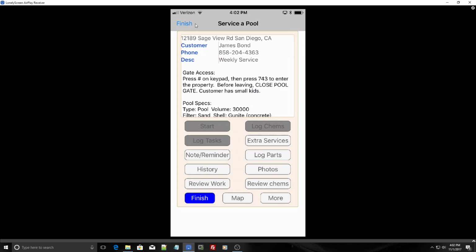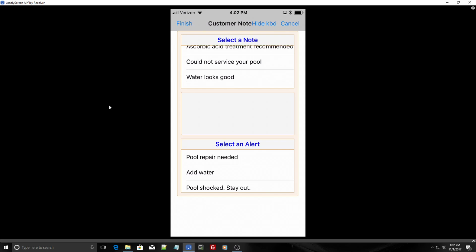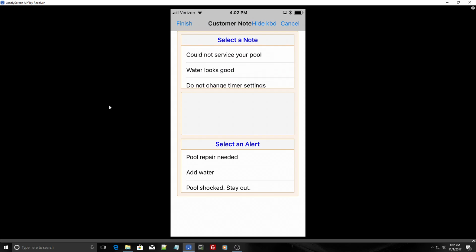But let's say we're just going to leave a note for the customer. So I'm going to click note reminder. So I tap note reminder, and I'm going to choose a note that's in the list. Now the list is scrollable. So let's say I want to tell the customer that the water looks good. So I just tap